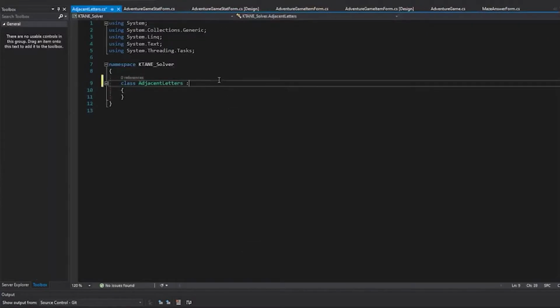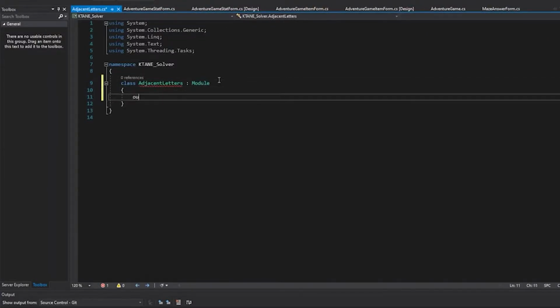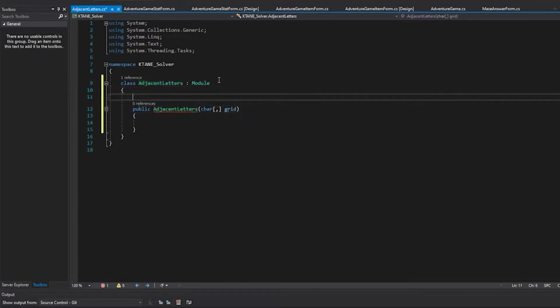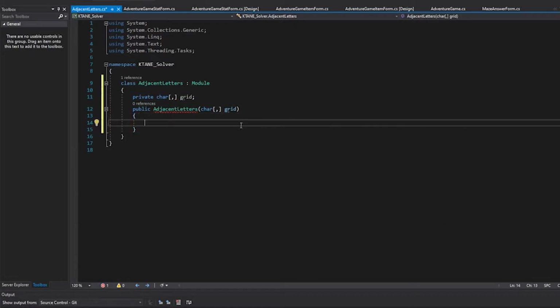For the solver, I started by creating a 2D character array that will hold the user's input. I also created a 2D answer array that has the same dimensions as the character array.